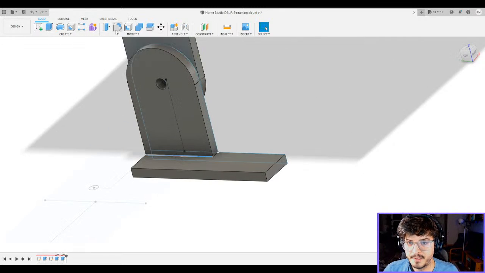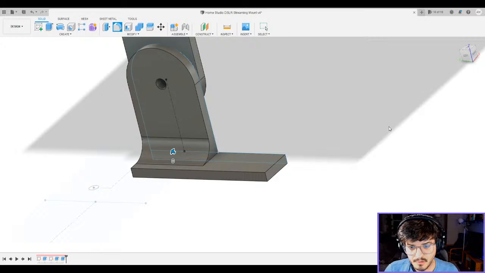And then I'm gonna fillet this corner. Let's make it 1/2 inch. Half inch. And another thing I want to fillet is this.